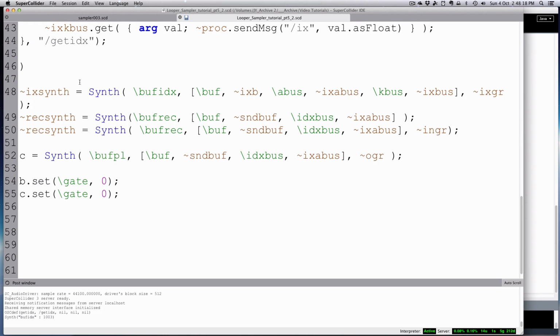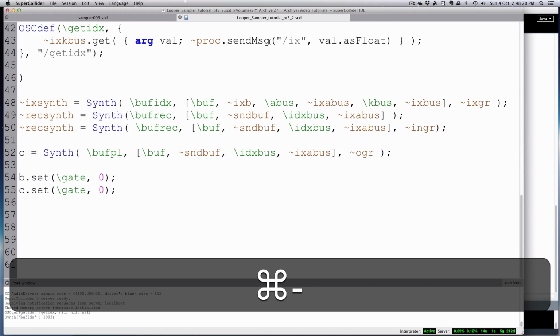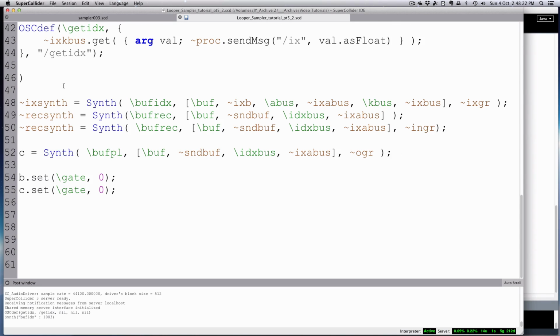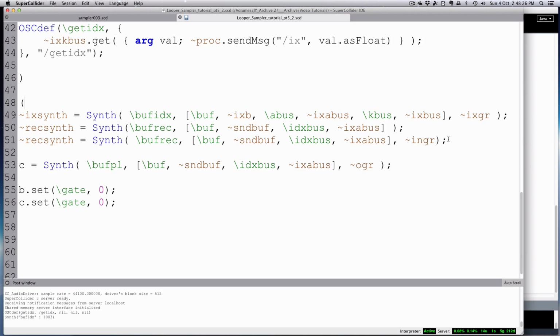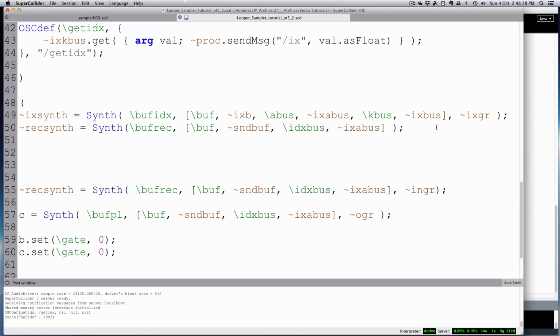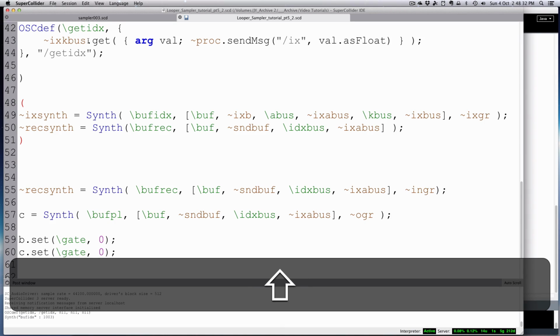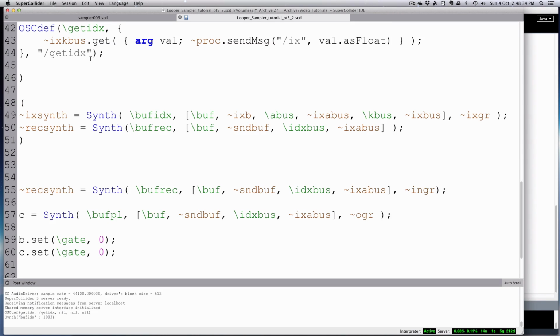And then I'm just going to put, let me make that slightly smaller so it all fits on one line. And I'm just going to put this into another set of brackets for execution. So when we start, we're going to execute all these things first up here, send all the synth defs and OSC defs, and then we'll send these, which will start synths. So they'll be running on the server, but they won't be used yet until we give some other